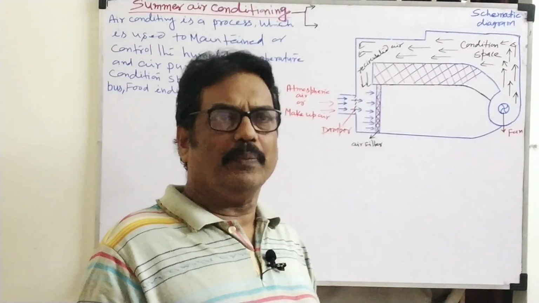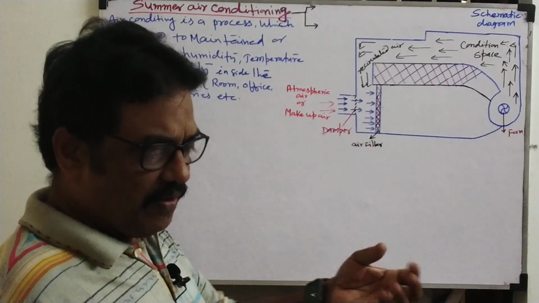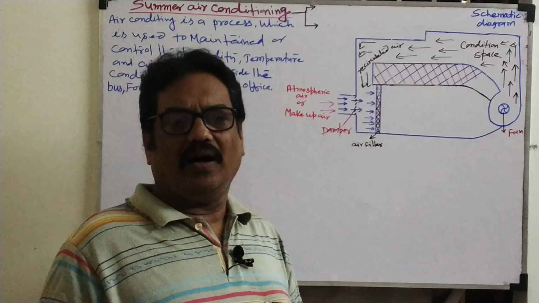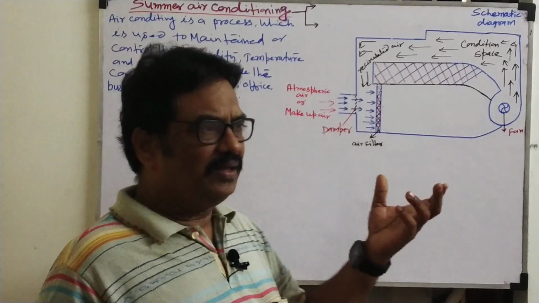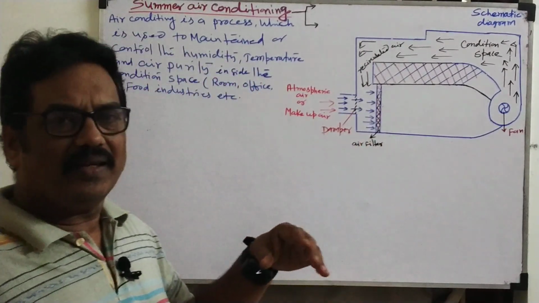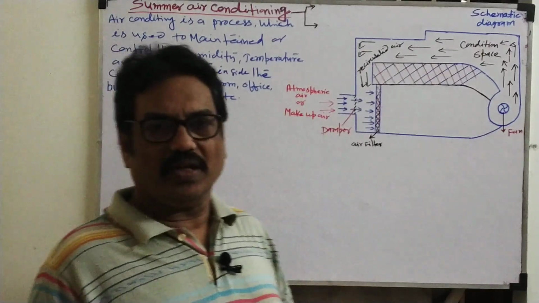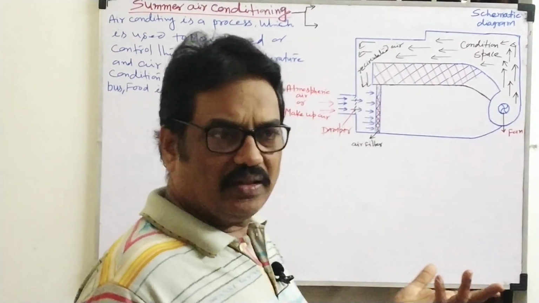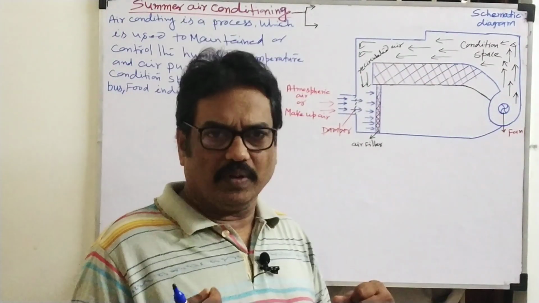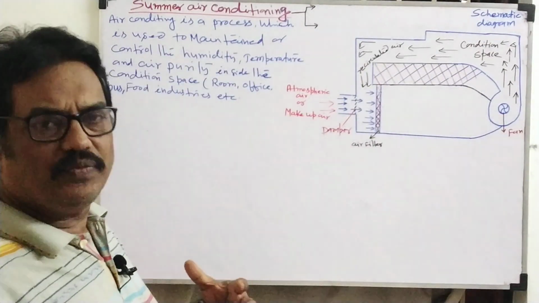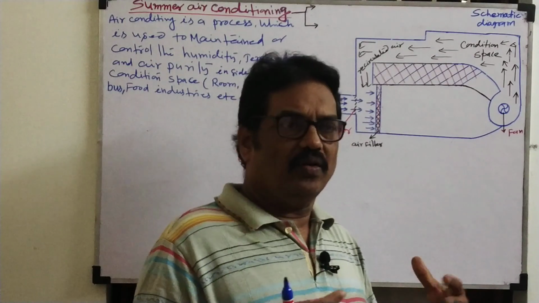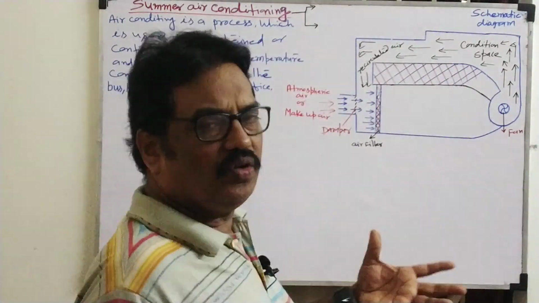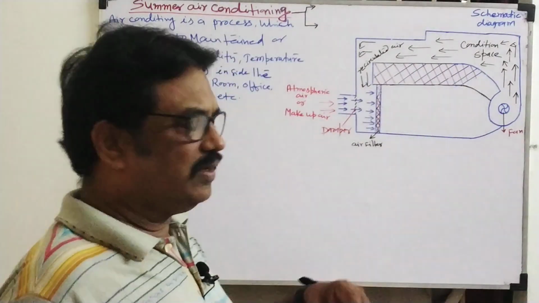Why does it crack? Because atmospheric moisture is not there, so the air will take moisture from the earth's surface. So that is the difference between them. And what is the negative point for the north side? If you go there, the chance of sun stroke will be there, because there is no moisture in the atmosphere, so it will always absorb moisture from your body. Suppose you are low on water content, or you are hungry and have not taken proper food and water, you will get sun stroke due to the climate condition.